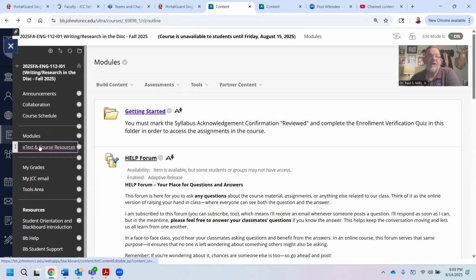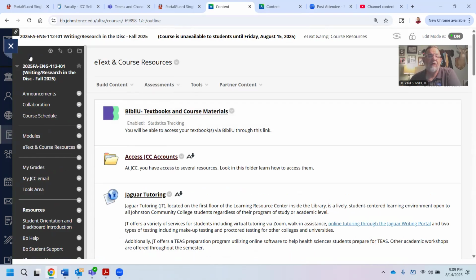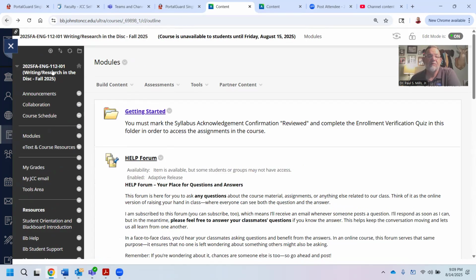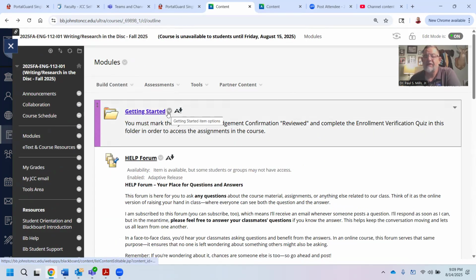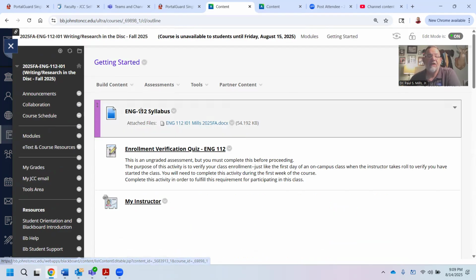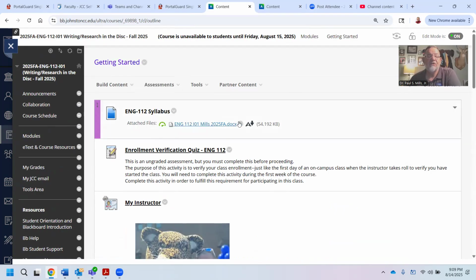This takes you to the textbook if you'd like to go that way, but you don't need to, because we have links built inside each module that carry you directly to the text to read and to do the assignments. So once you open this Getting Started folder, you're going to see that the first thing